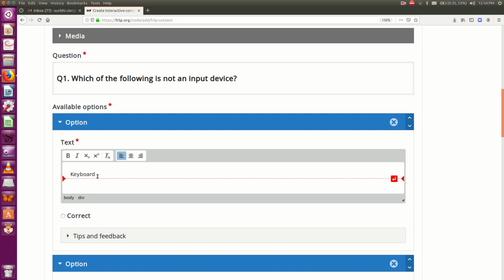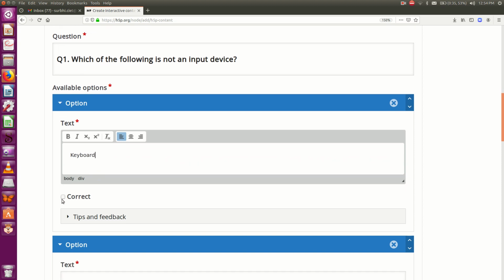If this option is correct, you need to click on this small checkbox here, so that the system will know that okay, this option is correct and the learner will get marks awarded for this option. But for my question, this is an incorrect answer, so I would be leaving it.